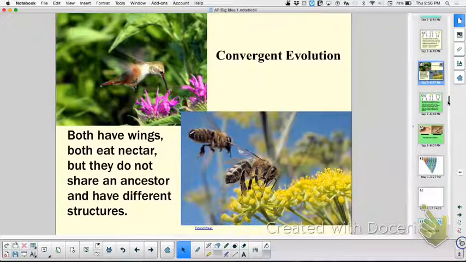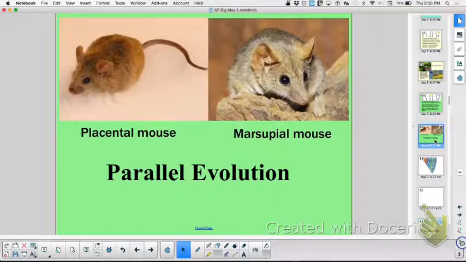We already did that. I already gave these. Parallel evolution, I already gave you that example. So we're two types of mammals. We had an ancestral mammal, so we were similar. But, you know, Pangea broke up, so we all went our own ways. Yet we both kind of look like mice. So that would be an example of parallel evolution. And we did have a common ancestor, though not a recent common ancestor.